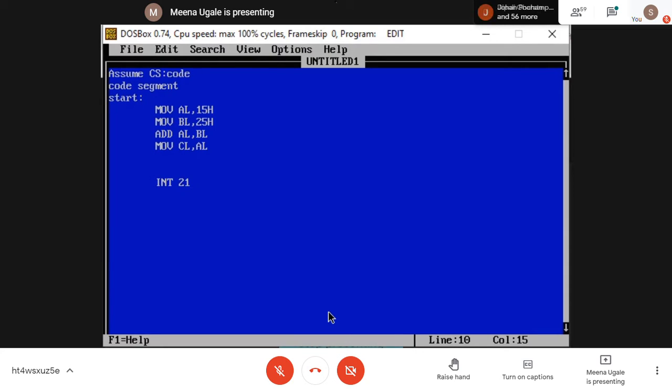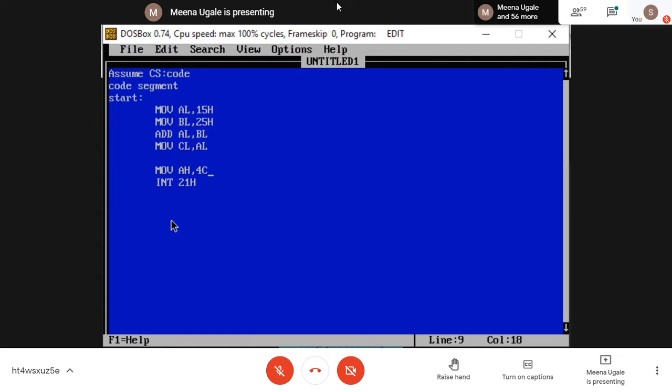This is hexadecimal, so I am writing H. Wherever you find H as the notation, it is denoting hexadecimal numbers. I'm going to call interrupt 21. Now, INT 21 is used for multiple purposes. Many operations are there, and from those I want termination of my program. For termination of my program, the instruction required is to copy into the AH register the value 4C.